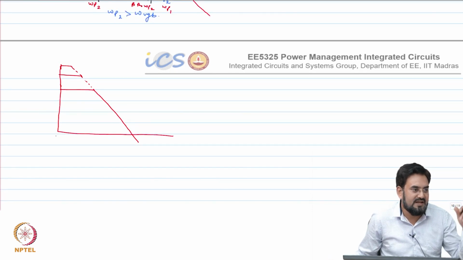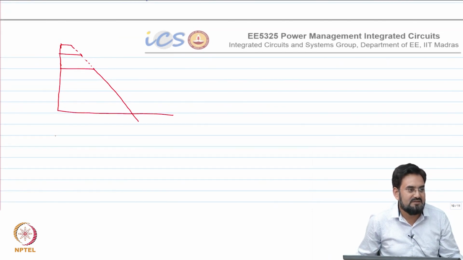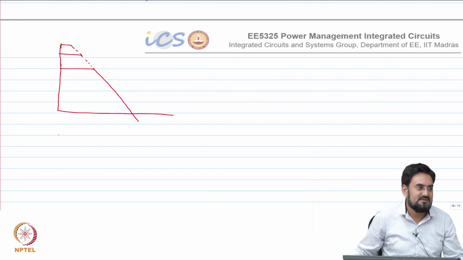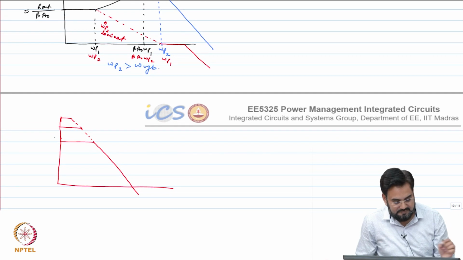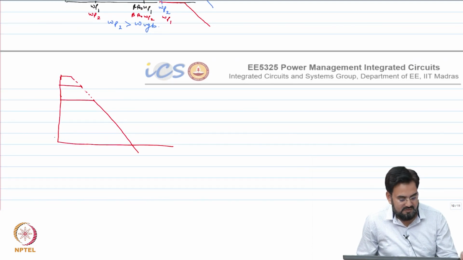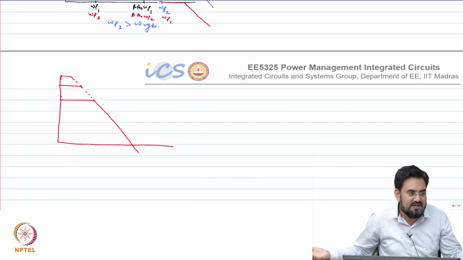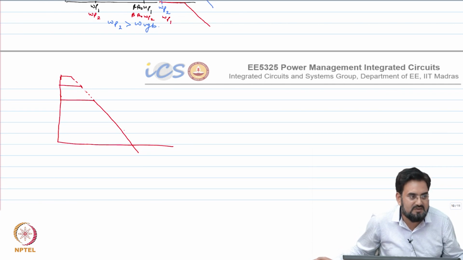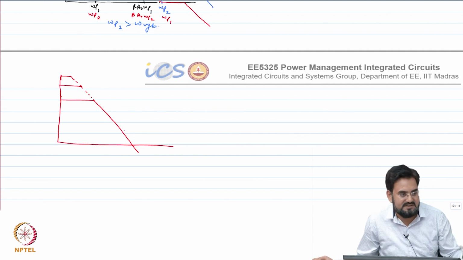That's why you have defined gain bandwidth product. Others will just define gain. Why do we care about the bandwidth product in that case? Your gain bandwidth product remains constant here, and that's why you won't get any benefit in terms of bandwidth, but you will get a benefit in terms of only DC gain. So if you care about the accuracy, obviously that will help, but that may not help in transient response.